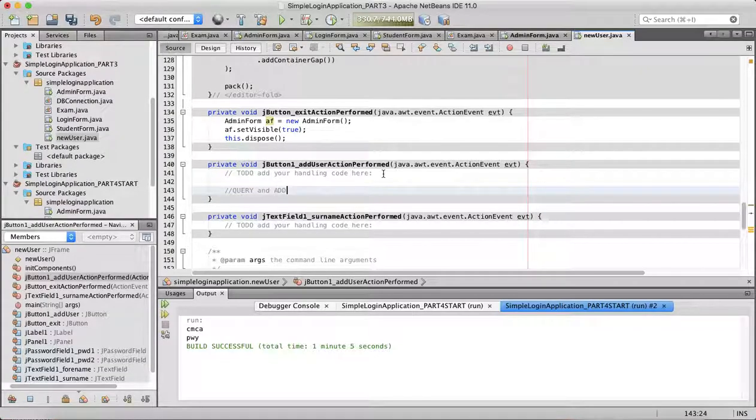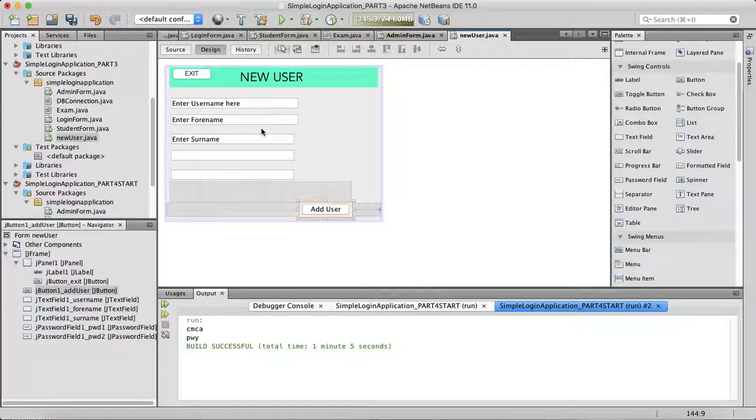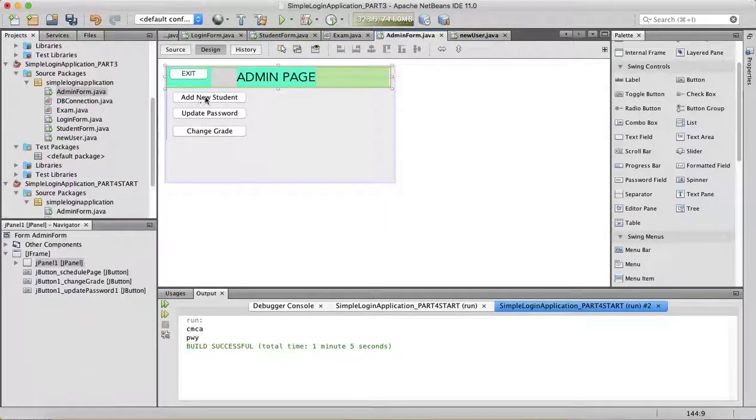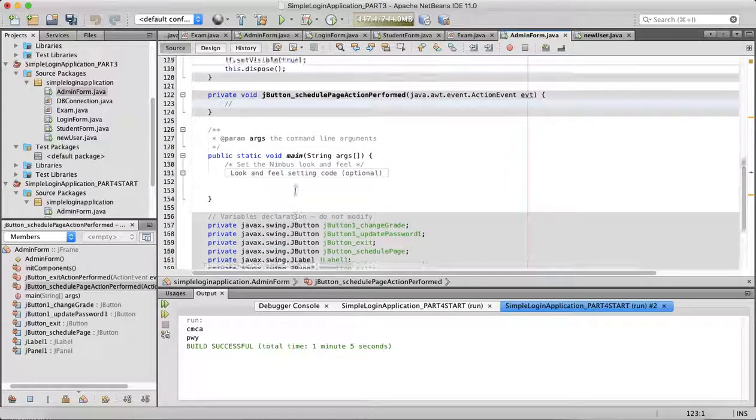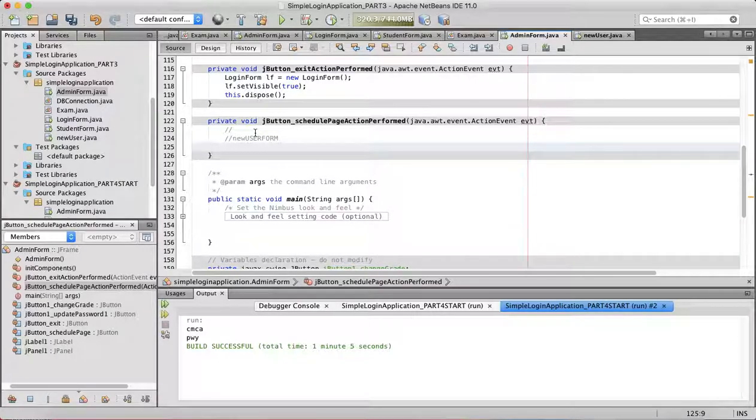Query and add. So we'll come back and do that code in the next video. In terms of the design, the exit button is going to take us there. Admin form, when we want to add new student, if we double click this button, we obviously then want to load up new user form and dispose of this one. So we can do new user